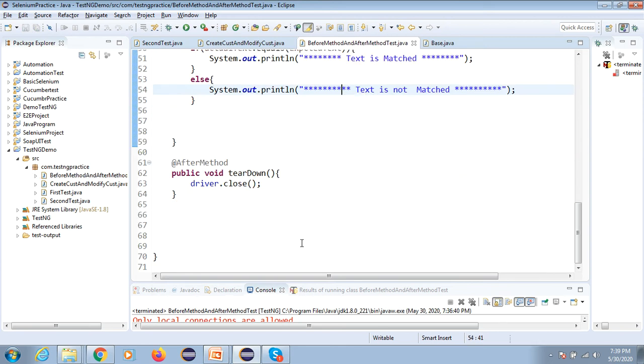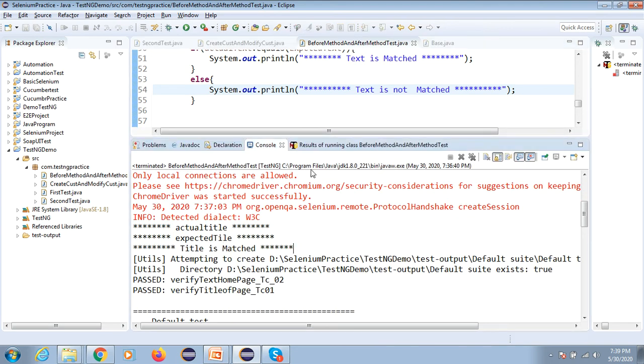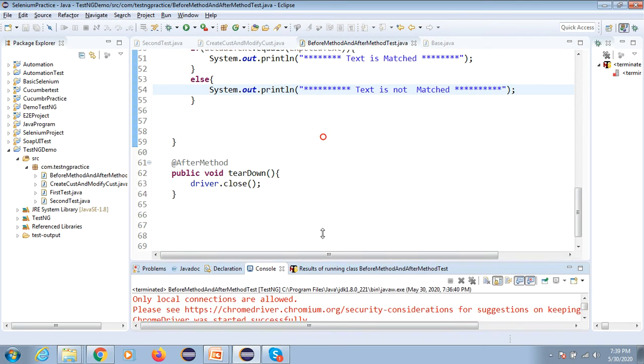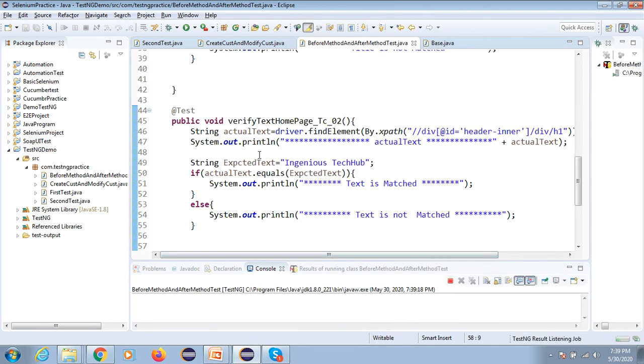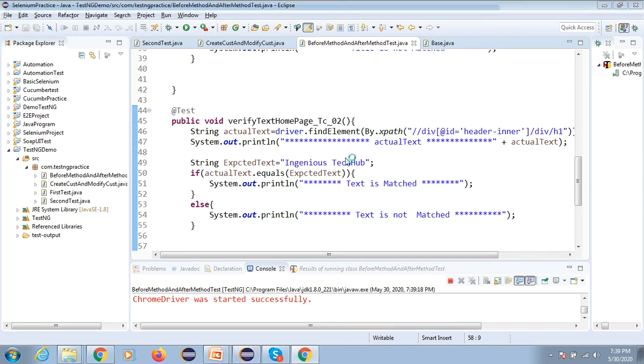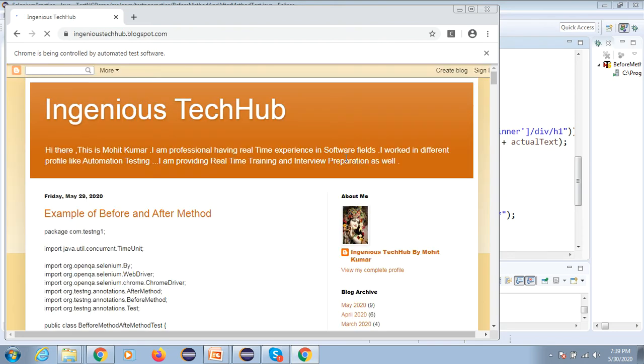Now again I'm going to execute. Okay, so this is how it will execute. I'll show you one more execution, but I will also remove everything. So we have only a few validations.